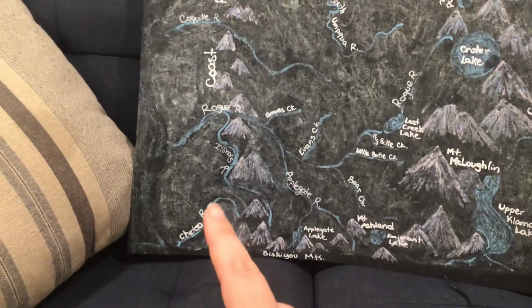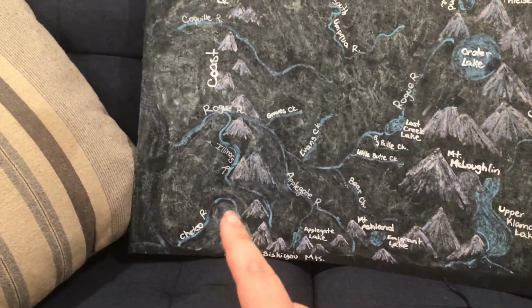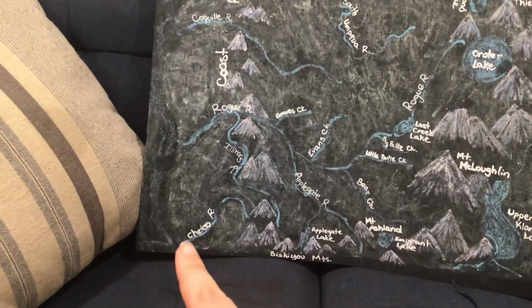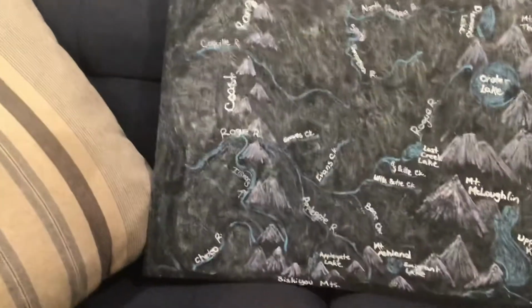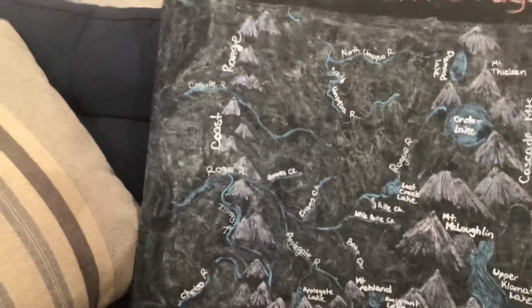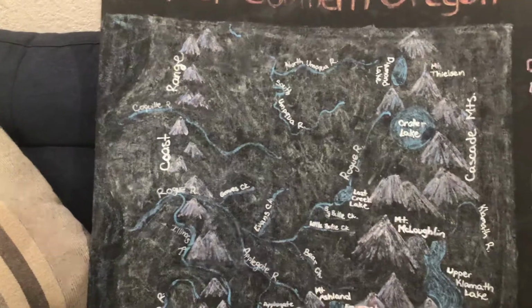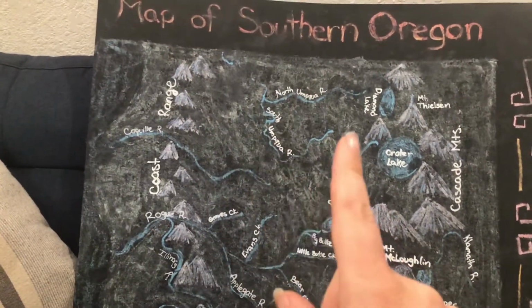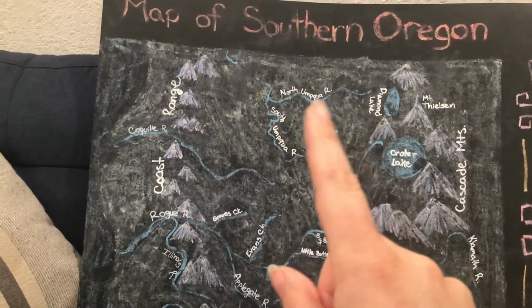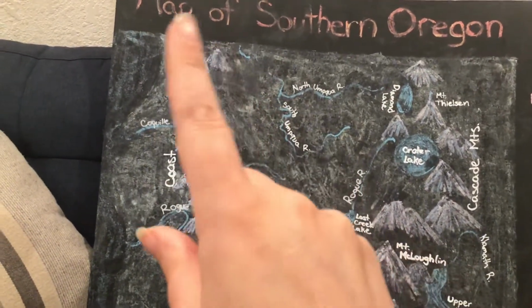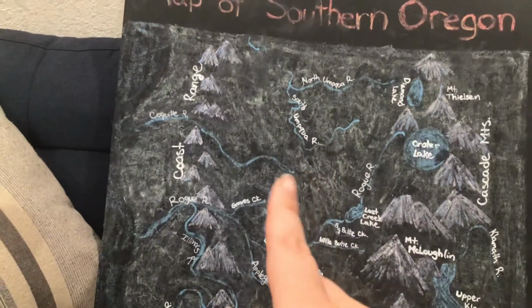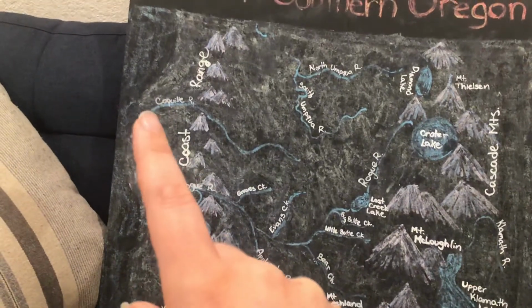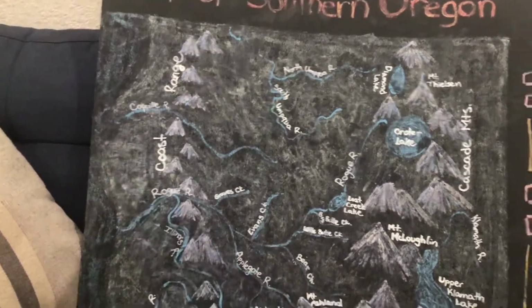And then down here in Brookings, we have the Chetco River, which if you go down here to Brookings at Alfred Loeb State Park, there's a really great swimming hole at the Chetco River. I love it. I plan to go there this summer when we can go outside again. And then if you look north a little ways, we have the North and South Umpqua River, which flow here from Diamond Lake, and they go out towards Roseburg. And then we also have the Coquille River, which flows out here and ends at Coquille at the ocean.